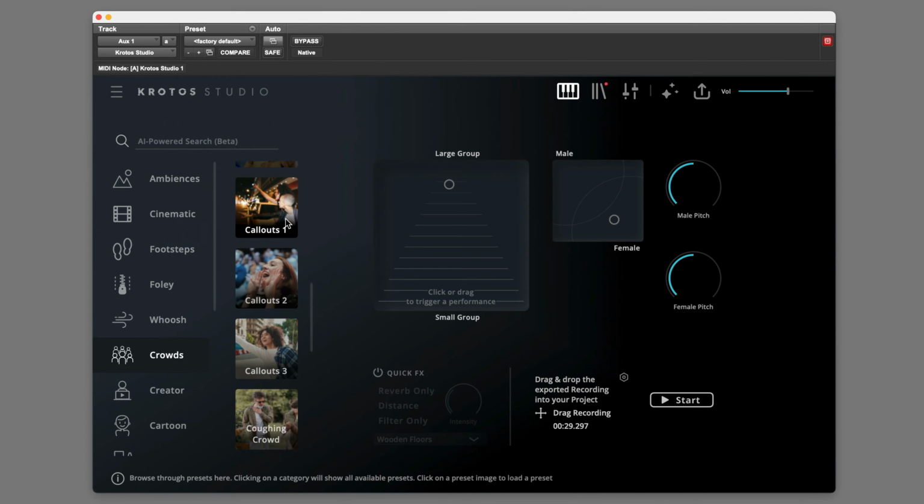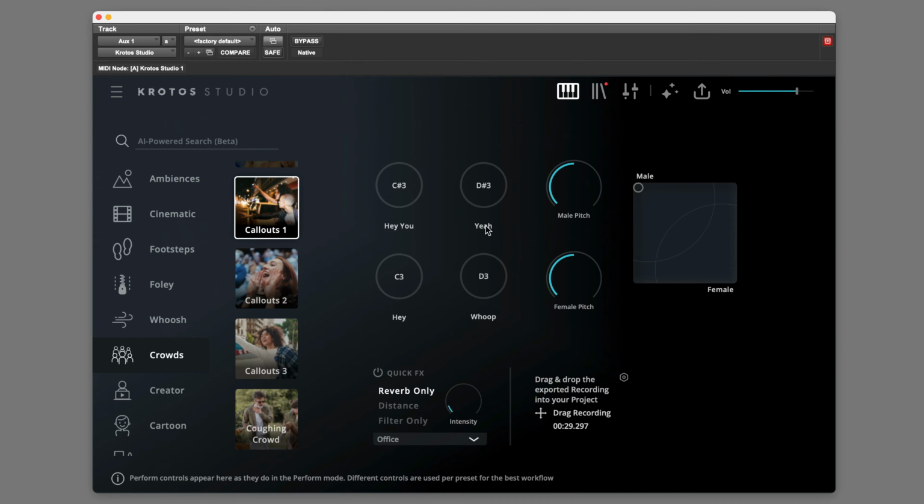These callouts are quite good. These can be used to supplement other crowd sounds when you need specific callouts. For example, hey you! Hey you! Hey you! And you see every time I click it, it gives us a different hey you or a different